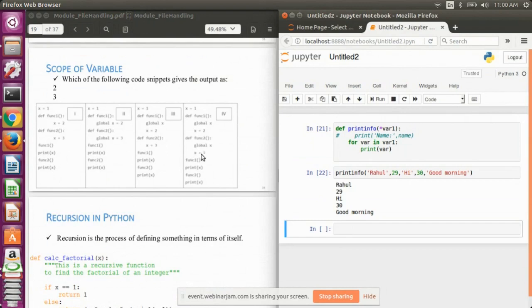Now globally this change will be reflected, which means that if we print x outside the func2 function, it will get printed as 3. So first we call the f1 function, and our global variable x has changed to 2. So when we print the value of x, the output is 2.